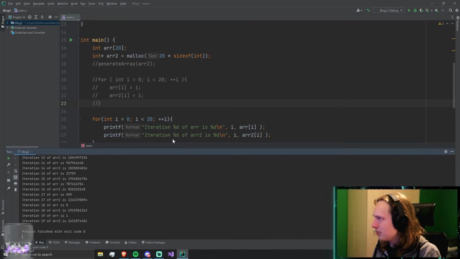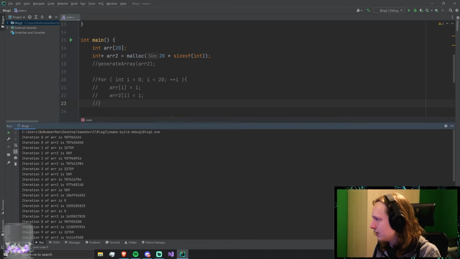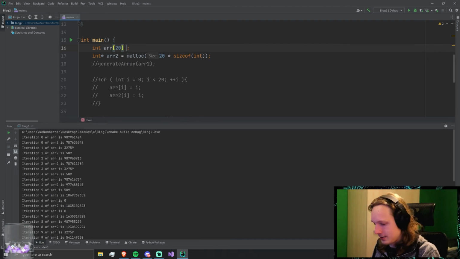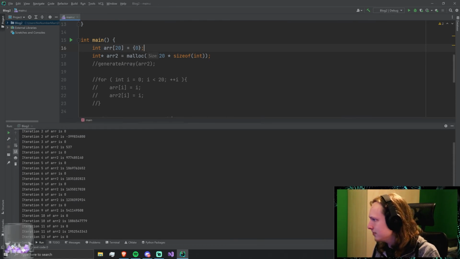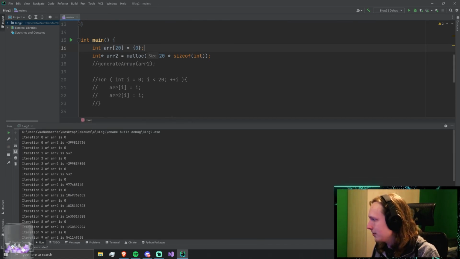So now we have two arrays. Both are not zero initialized. I'm sorry, I did say that before, that this was zero initialized. That is not the case. I'm very sorry. You have to do something like that. Does it only do the first value? No, that sets the whole array. Okay. Yeah, so this is how you zero initialize an array.